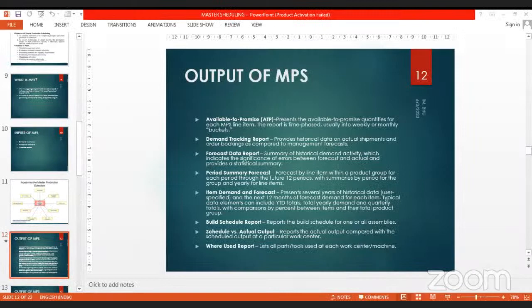Forecast data report summarizes historical demand activity, which indicates the significance of error between forecast and actual, and provides a statistical summary. Period summary forecast by line item within a product group for each period